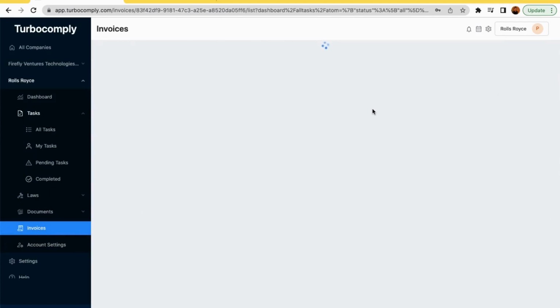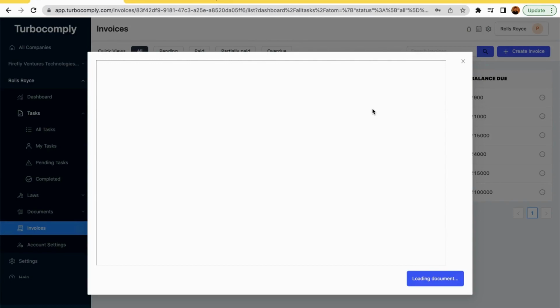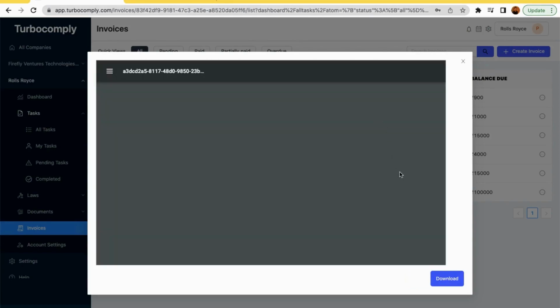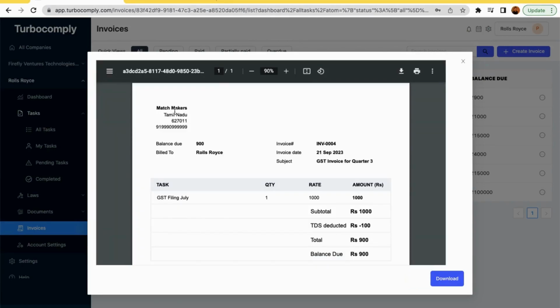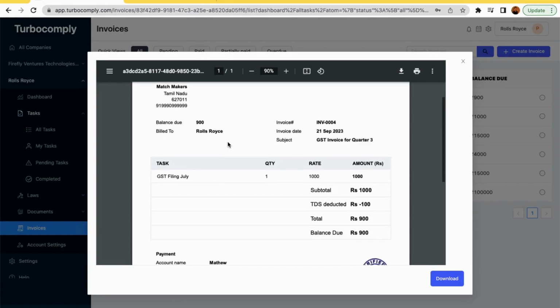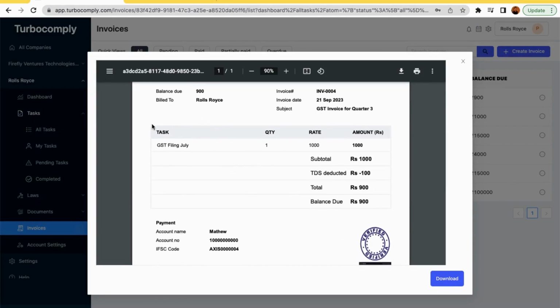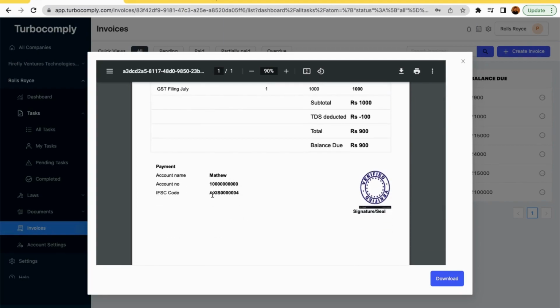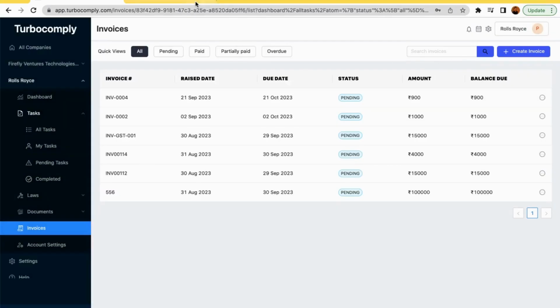Okay. So this will show me the invoice with the exact header and the footer. Okay. So currently the logo has not been uploaded here, or else the logo will be added here. And apart from that, the basic information for which the invoice has been raised is mentioned over here. And then finally the bank details and the seal, everything is added here. Okay. So this can also be downloaded and sent on your offline channels, or here if you